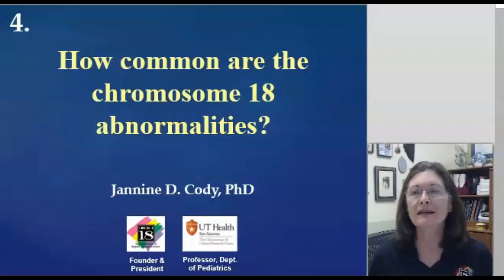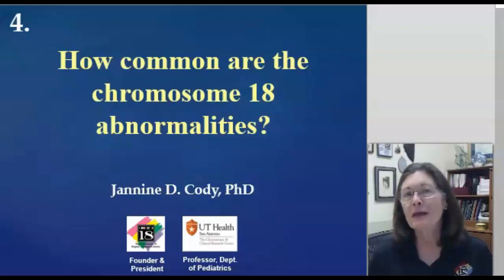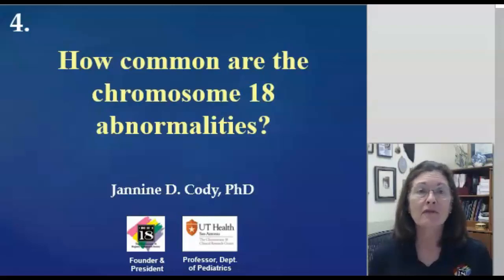Instead of asking how common the chromosome abnormalities are, as defined by a missing or duplicated piece of one of the two copies of each chromosome, we can ask the question from the other angle and ask about children with developmental delay, failure to thrive, or multiple congenital anomalies. If we look at that group of children, then how common are chromosome 18 abnormalities? And the best data we have to date